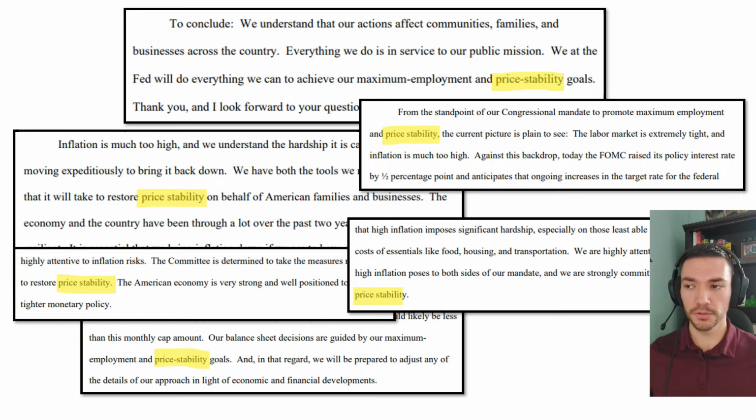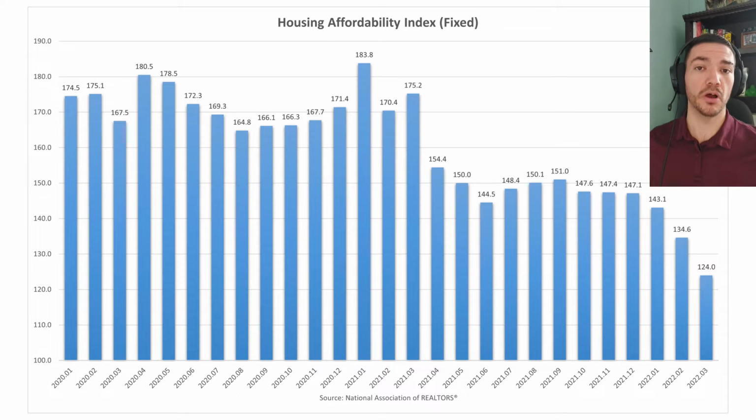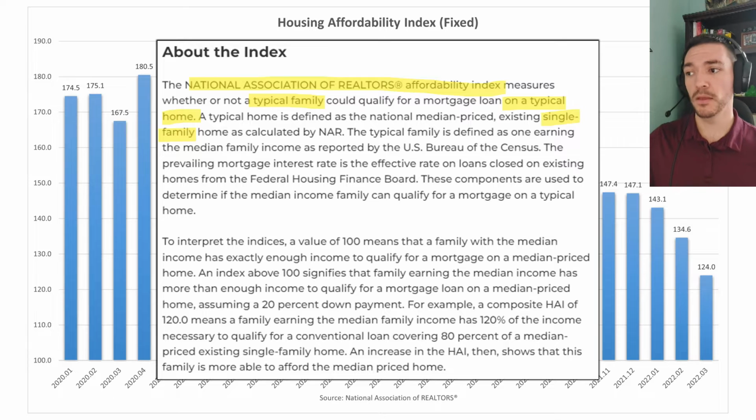Now, I am a broker, so I'm explaining how all this affects real estate. This makes an impact because wages obviously directly impact income, and income directly impacts housing affordability. So let's take a look at affordability. This is a chart from NAR, the National Association of Realtors, and this is their Housing Affordability Index. What this looks at is whether a typical family can afford a mortgage on a typical purchase of a home. Typical is defined by them as a single family home at the median price. So a median price home with 20% down for a mortgage.